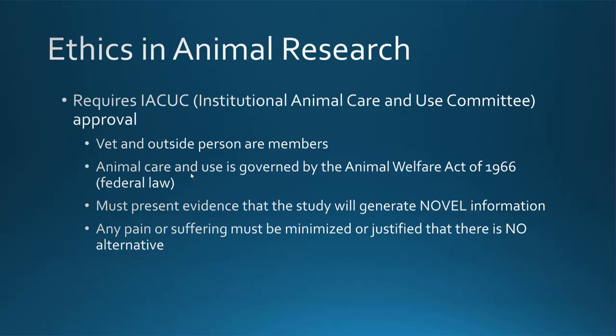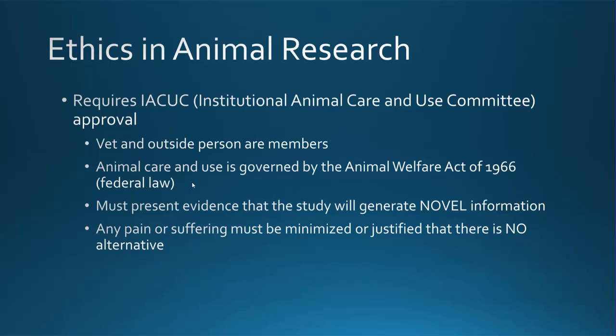Now, the animal care and use is governed by the Animal Welfare Act of 1966. So that's right, animals are protected by federal law. So if you abuse animals while doing research, you are in violation of federal law. You can go to prison. And by the way, this Welfare Act includes husbandry for all kinds of animals that are part of our food chain. That would, on farms and things like that, they have to be cared for in certain ways up to code.